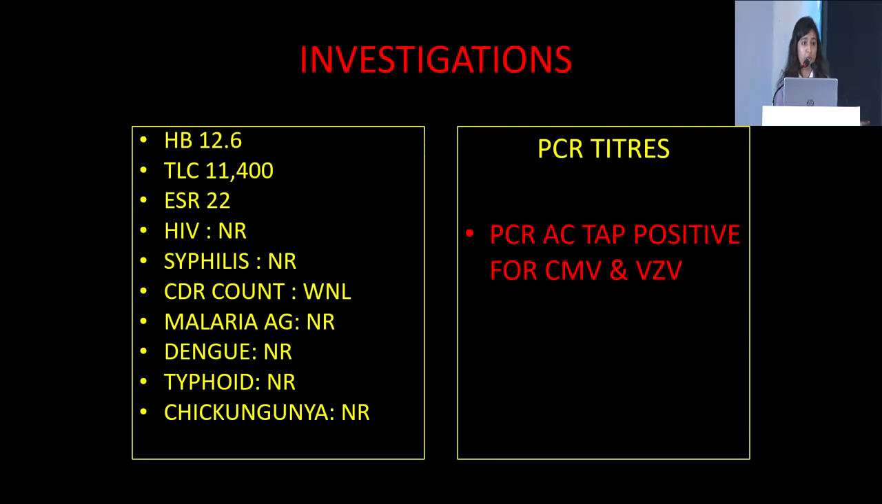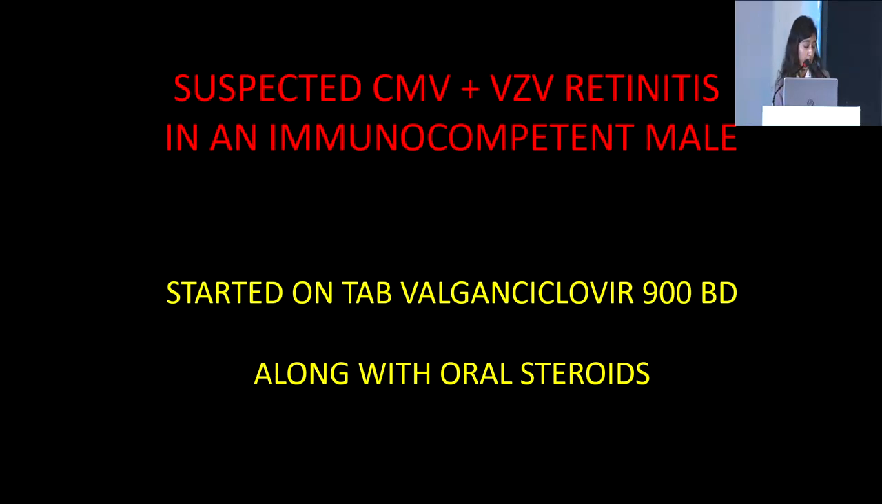So we decided to do investigations for various bacterial and viral infections, which came out to be negative. HIV was negative, syphilis was also negative. CD4 counts were also within normal limits. So we decided to do AC tap for PCR titers, and to our surprise, it came out to be positive for both CMV and VZV infection. So based on the clinical examination and lab reports, we came to a provisional diagnosis of CMV and VZV retinitis